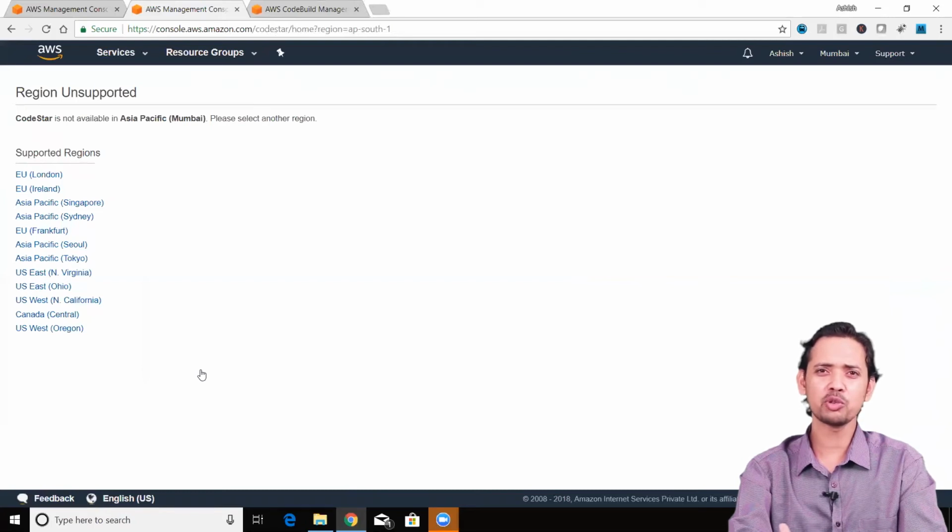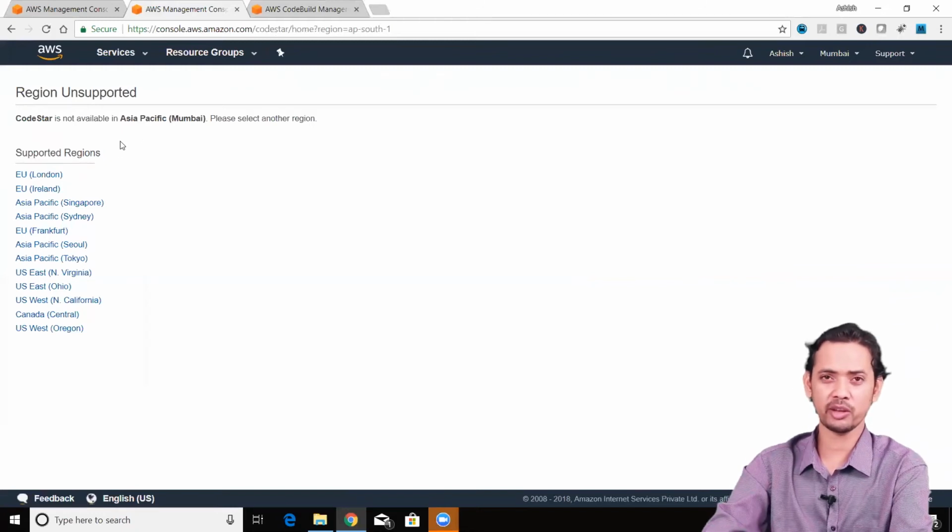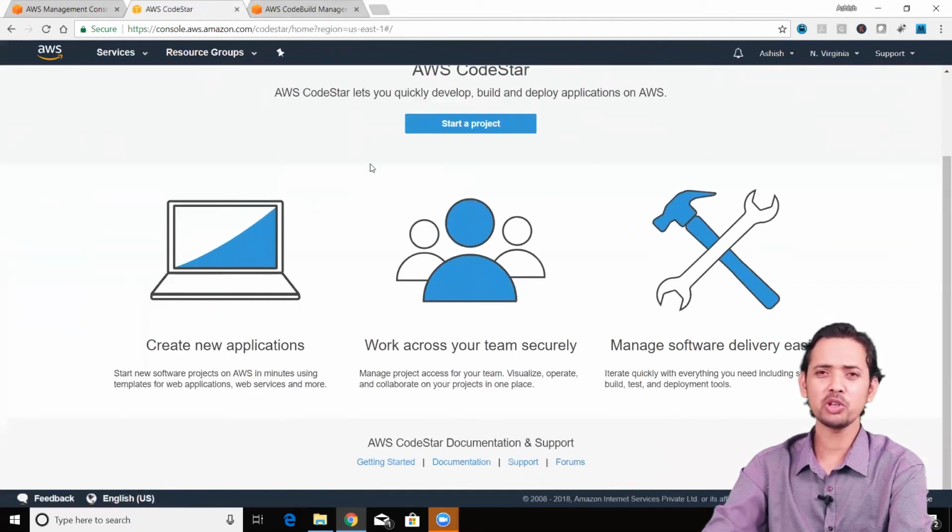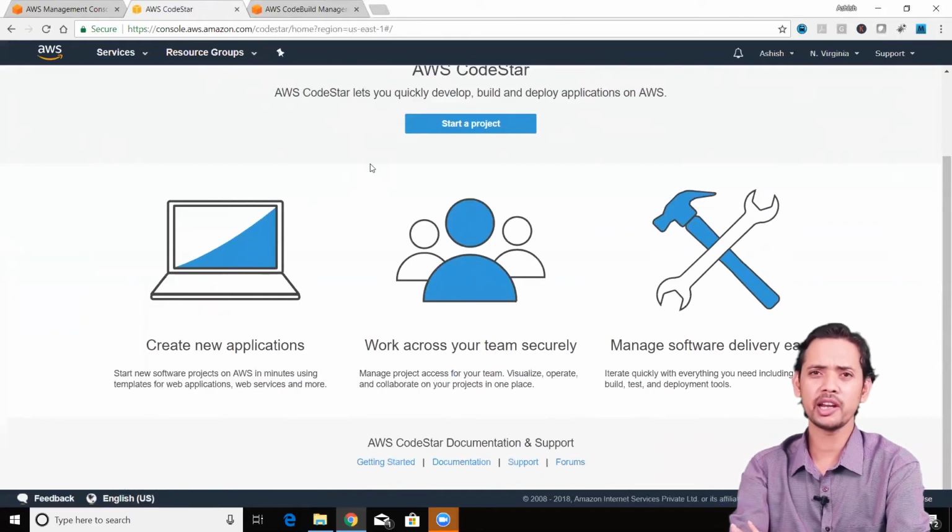And everything would be taken care of by your CodeStar so that you concentrate on your application code and the infrastructure would be taken care of by AWS. So CodeStar is not available in all the regions. So I'm going to select the North Virginia region. And here you can see that CodeStar helps you develop, build, and deploy applications on AWS very fast and